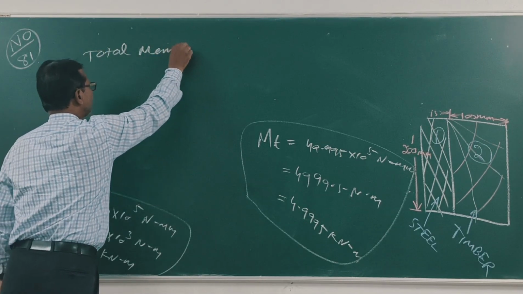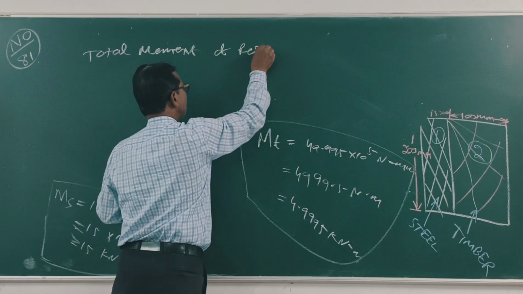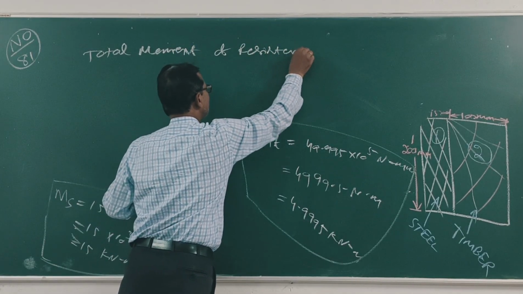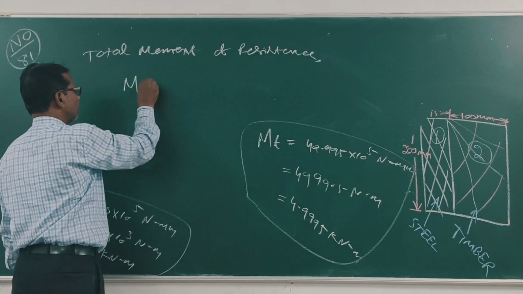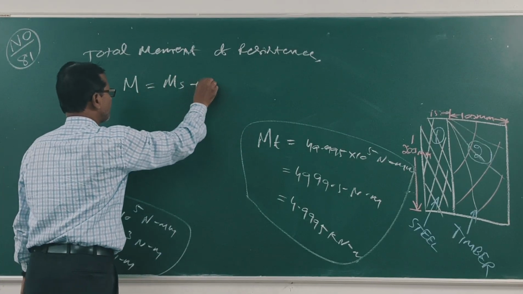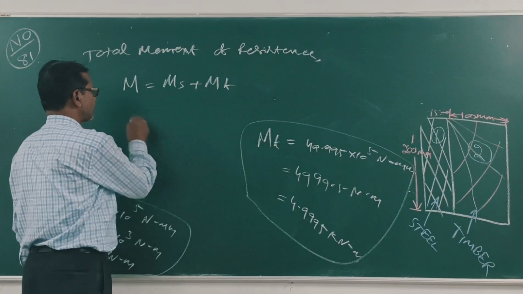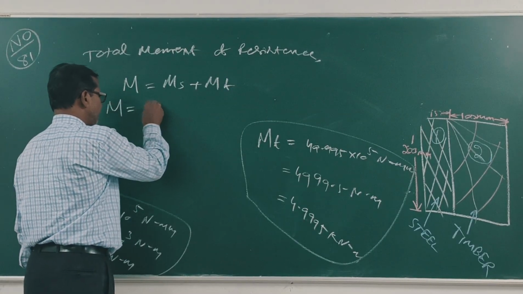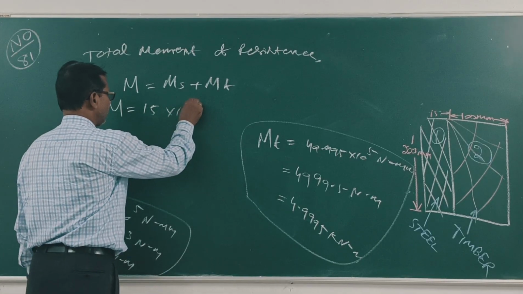Total moment of resistance, M is equal to Ms plus Mt. What is Ms? 15 into 3 Newton meter